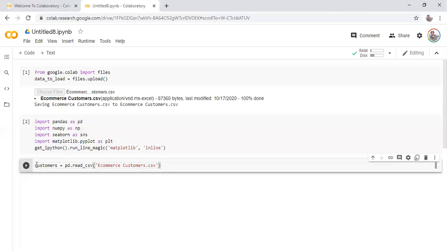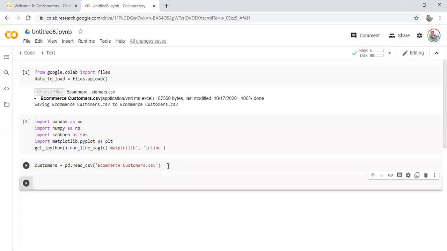Now we are creating a data frame, customers. In the data frame we will push the entire table, the CSV file, everything that the e-commerce .csv contains. So now we did create customers. Now I don't want to see the entire table, I just want to take a look at the first 5 records.